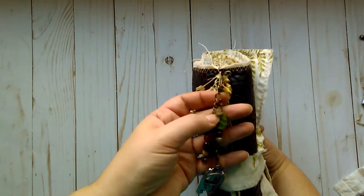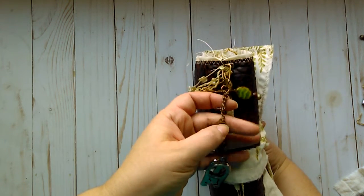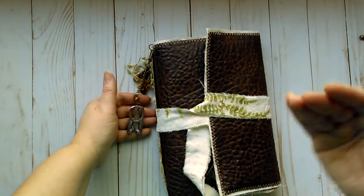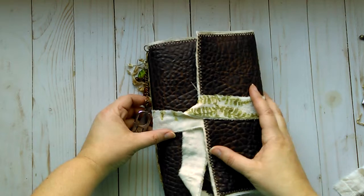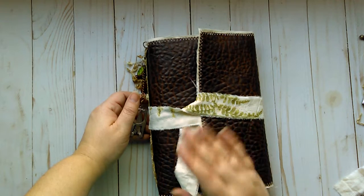There's lots of little charms. There's an owl and some beads, a leaf, a little flower here on this chain, and down here I've included some scissors because this is, as you can tell by the title, garden journals. So the purpose of them is to be used to document, to record, to plan your garden, as well as